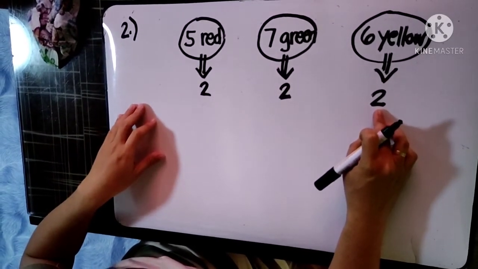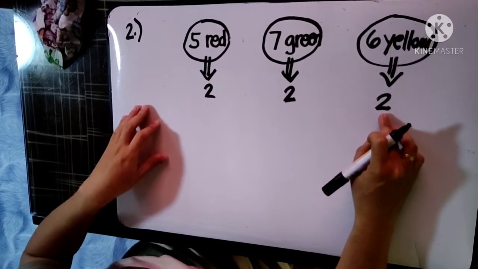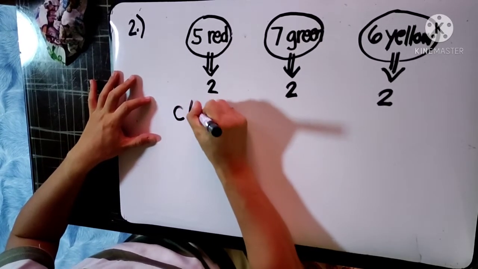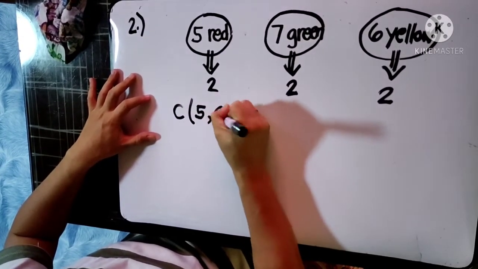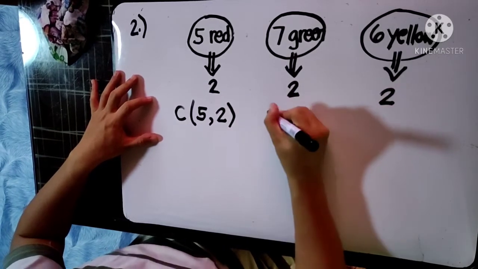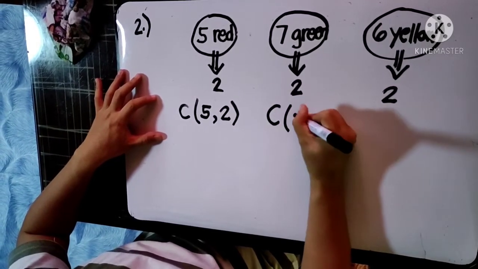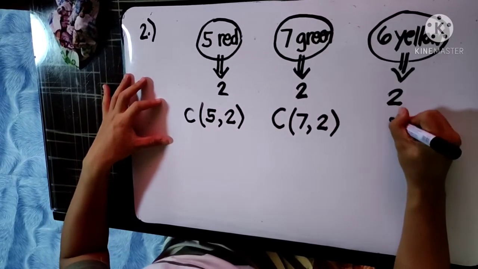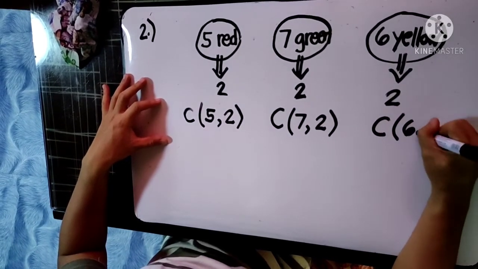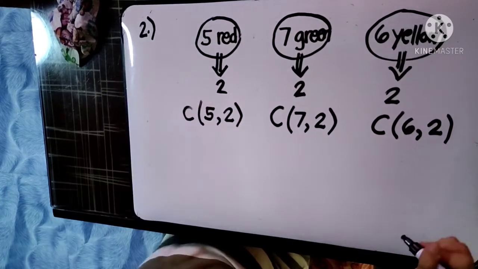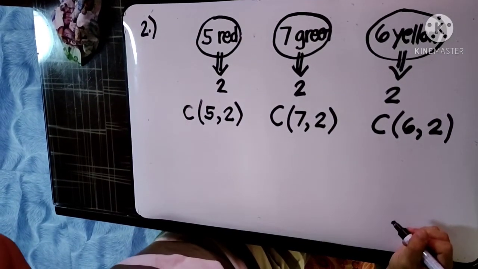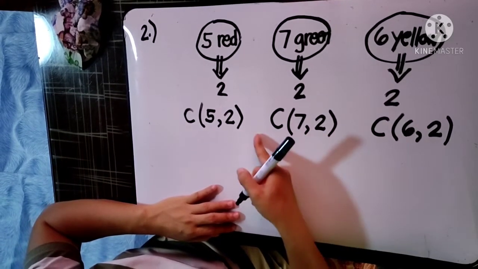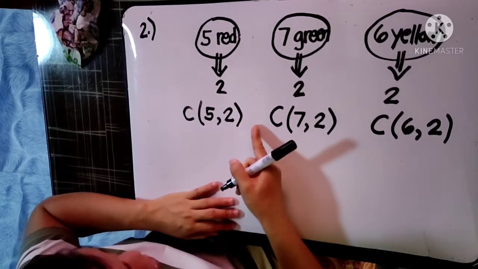to make 3 combinations for the 3 groups. For this, you can have combination of 5 taken 2. For the other group, you can have the combination of 7 taken 2. And for the third group, you can have the combination of 6 taken 2. Now the next question is, what will be the operation to use in between the combinations? Are we going to use addition,